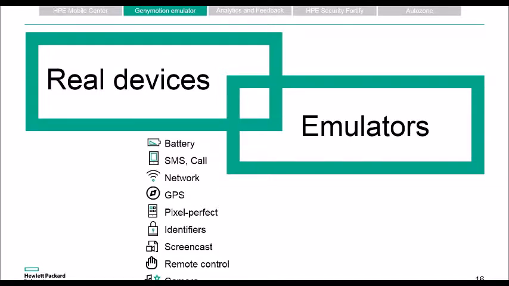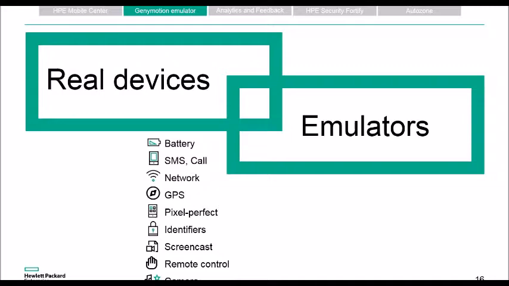Excellent. All right. So let's understand the role of emulators versus real device testing. Okay. So first of all, there is a time and place for both of them. There are a variety of ways to test mobile applications depending on two main aspects: what stage of the application development and deployment lifecycle you are in, and what is your role. So as I mentioned, there are both emulators and real devices. They play a good role.